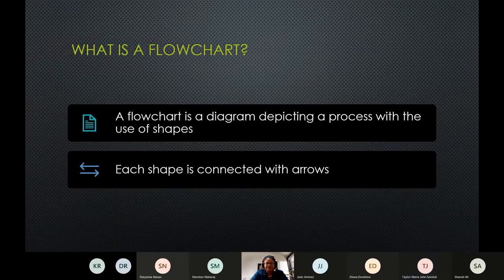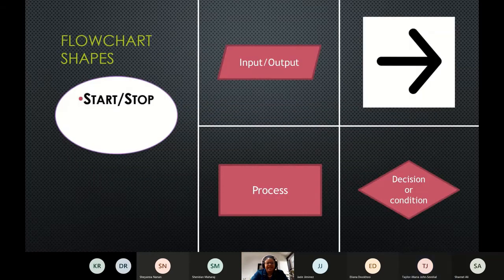So flowcharts. What is a flowchart? A flowchart is a diagram depicting a process with the use of shapes, and each shape is connected with arrows. Here are some of the shapes that you